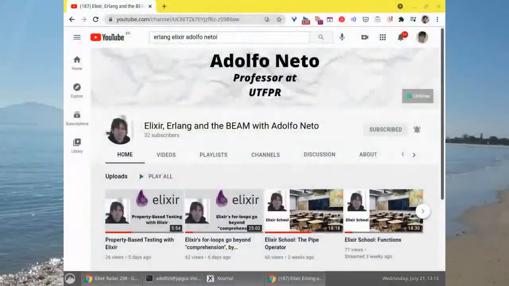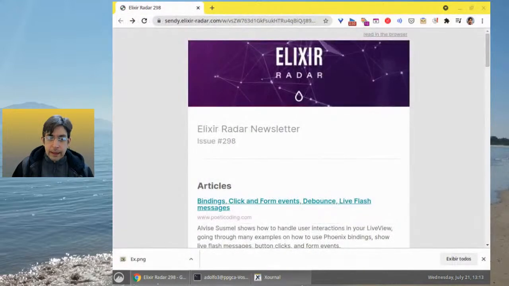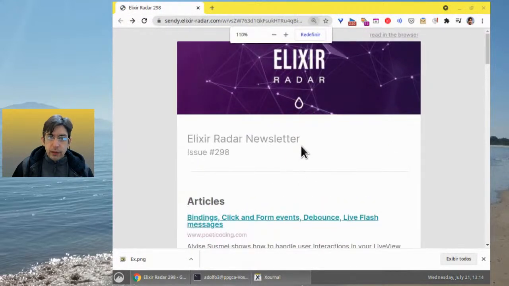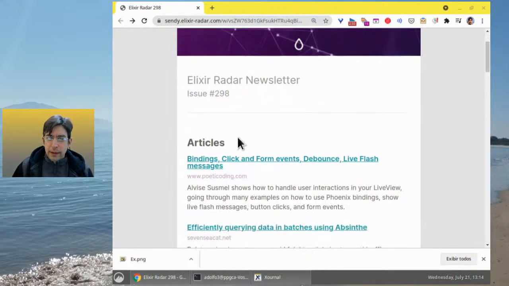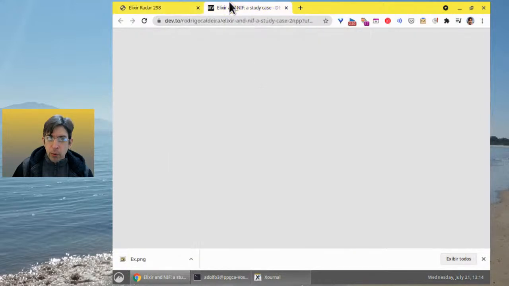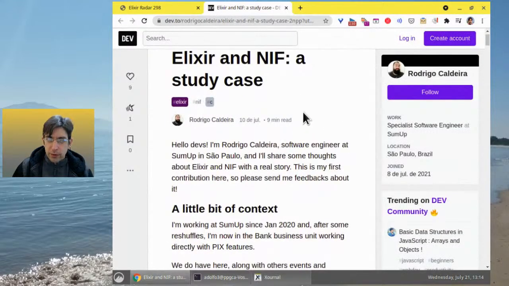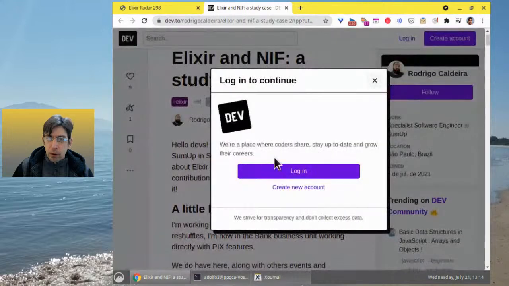Let me show you my screen. So this is the channel. I was reading today Elixir Radar, issue 298, and this text by Rodrigo Caldeira. Rodrigo Caldeira shows in a step-by-step fashion how to integrate Elixir with a C library with a simple and didactical example. So I wanted to learn more about this because I have never tried this. So let me follow